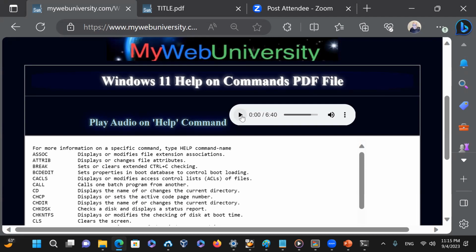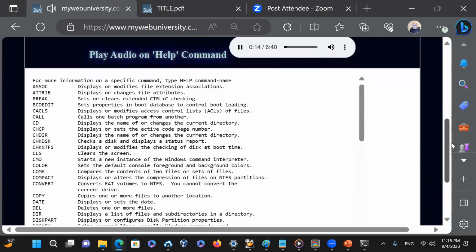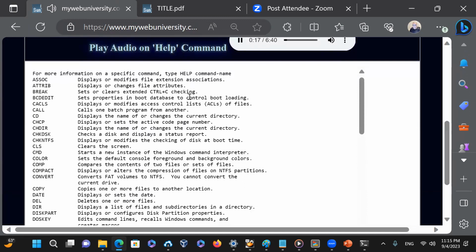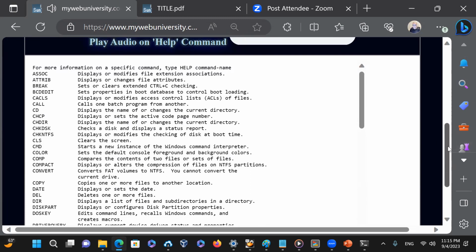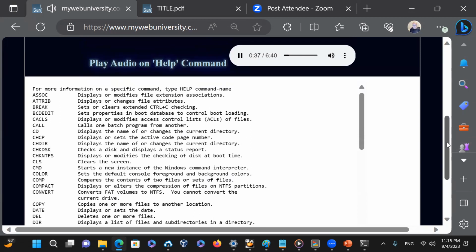So let's do it. For more information on a specific command, type HELP command name. ASSOC displays or modifies file extension associations. ATTRIB displays or changes file attributes. BREAK sets or clears extended Control+C checking. BCDEDIT sets properties in boot database to control boot loading. CACLS displays or modifies access control lists, ACLs, of files. CALL calls one batch program from another. CD displays the name of or changes the current directory. CHCP displays or sets the